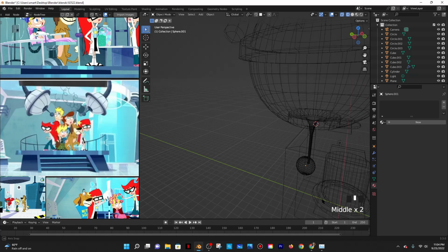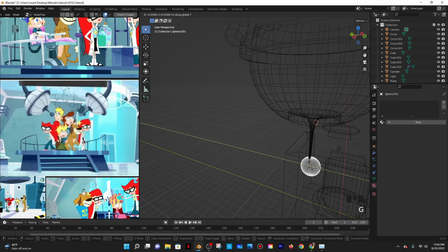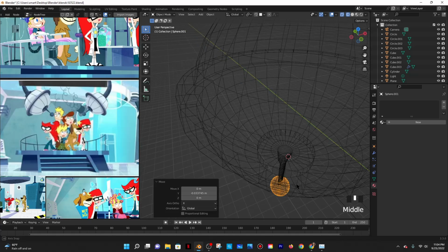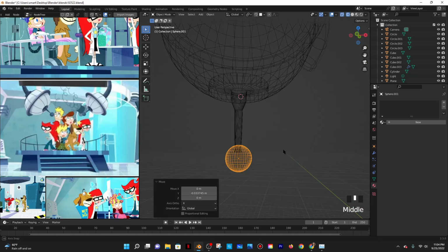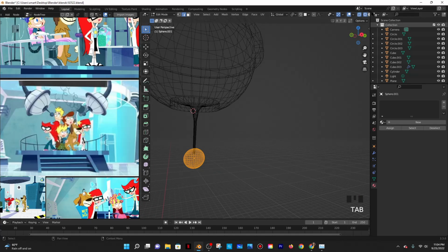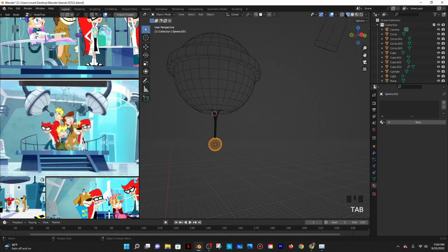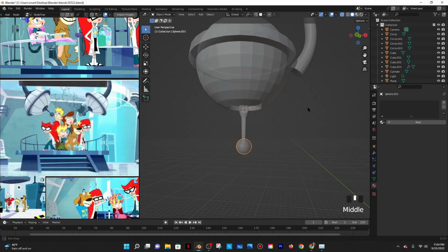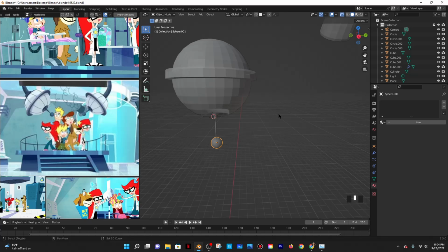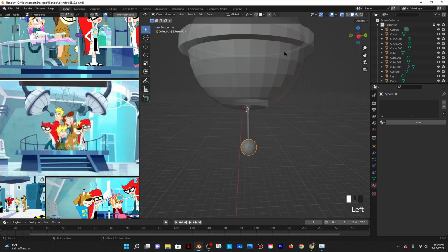I just can't tell if it's at the center. It's obviously not. So GY, there we go. Right? I think that's fine. Oh, I forgot to scale along the X. Yo, I'm done with myself. I forgot to scale along the other side. Okay, that's great. So I'm gonna have to take this